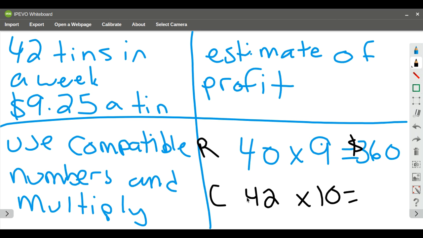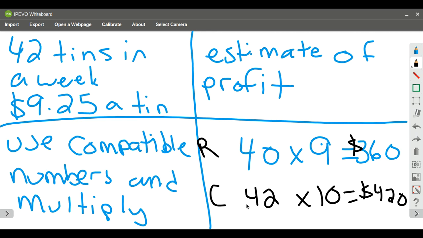In this case, all I do is add a 0. And so they made $420. So they made between $360 and $420 in the first week. The argument that you would have is which one of these would be the best estimate, the rounding or the